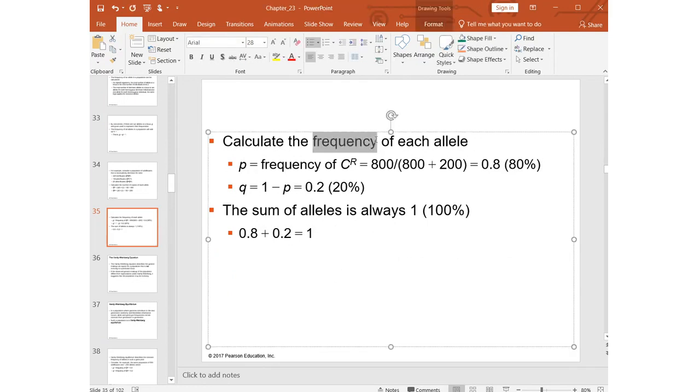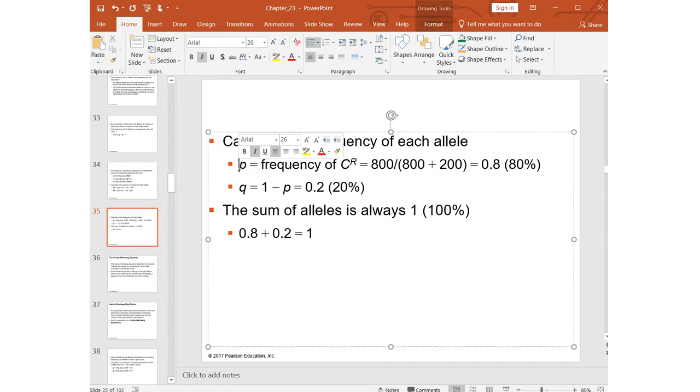In other words, and remember what frequency is. The word frequency, what does the term frequency mean? Term frequency just means how common is that allele in the population, or how often does that allele occur in the population. So to calculate the frequency of each allele, or how common each allele is, basically,